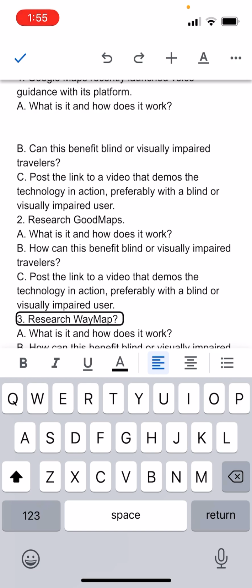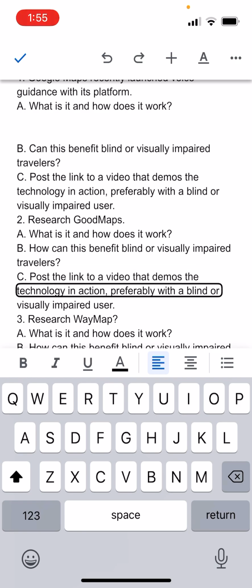Document contents. Text field. Is editing. 3. Research way map. A. What is it and how does it work? B. How can this benefit blind or visually impaired travelers? PC. Post the link to a video that demos the All right, technology in I'm action. interrupted. Preferably. C. Post the link to a video that technology in action. C. Post the link to a video. Hold. Off. Button. Okay. So